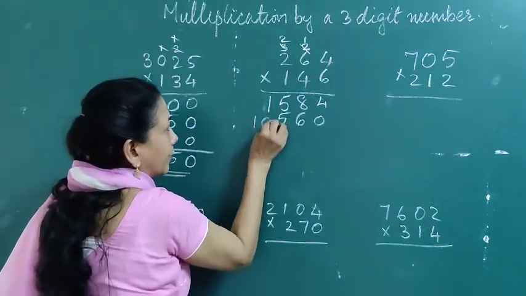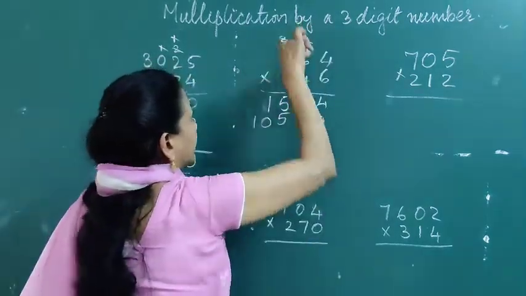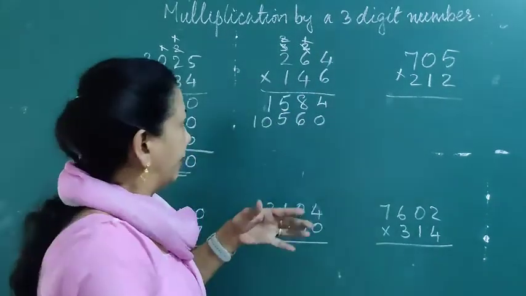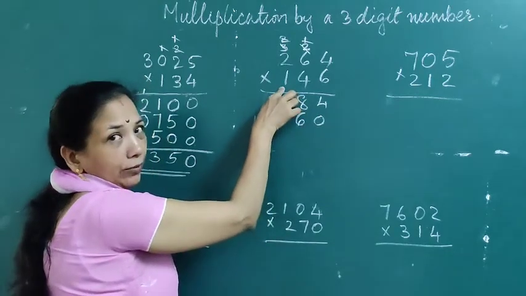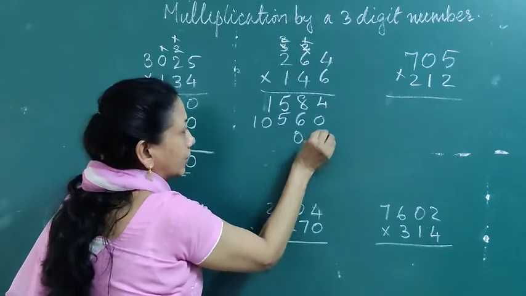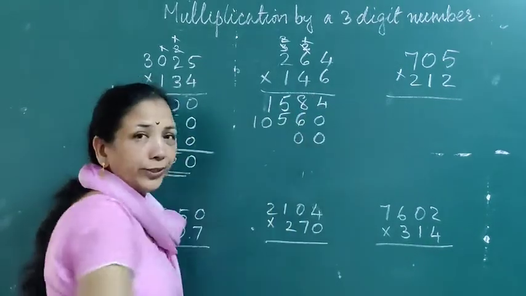So you write 10 full here. Okay. Now cut these carries. Now third one carry is there, then above that number will come. Now you are multiplying with the 1. 1 is in hundreds place. So tens place and ones place you have to put 2 zeros. These two numbers, 2 zeros you have to put here.